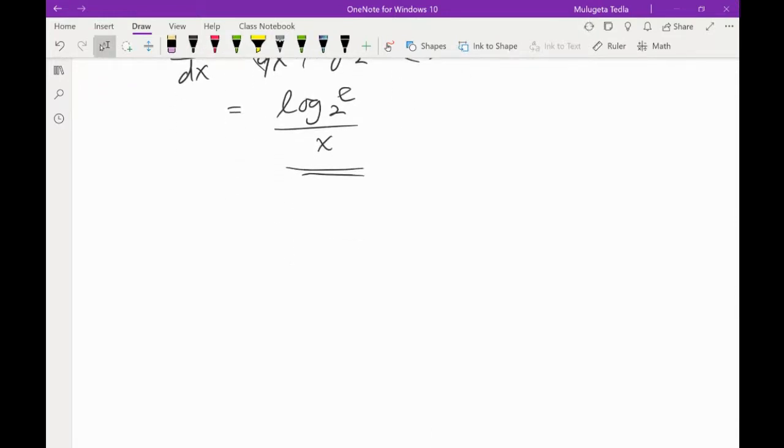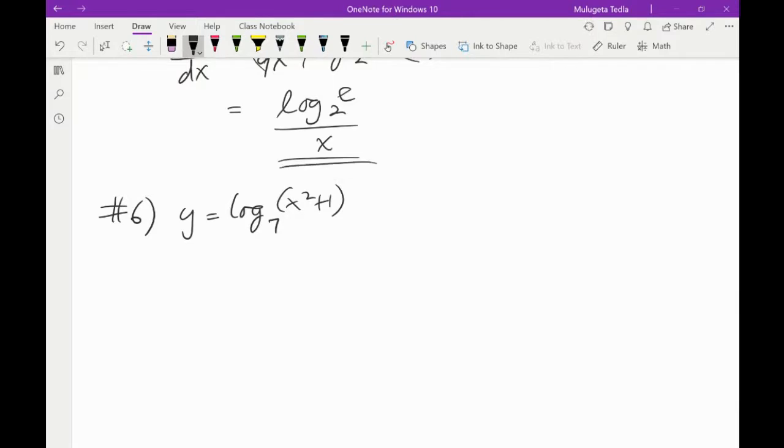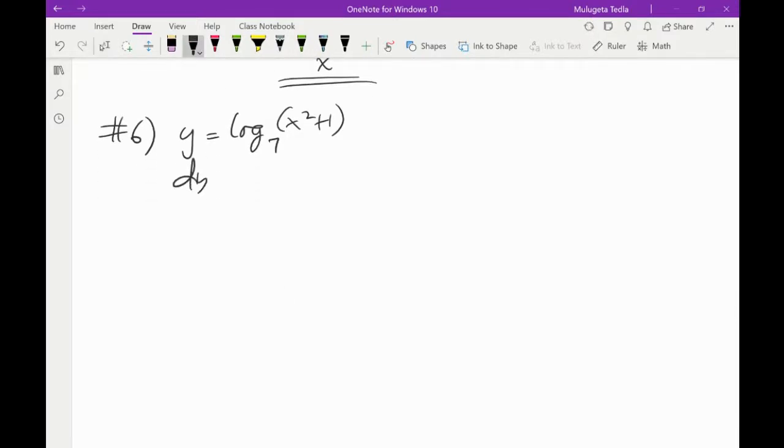All right, let's do number 6, one more of the logarithm. So y equals logarithm of x squared plus 1 to the base 7. That's how I read it. The base 7 is not something you change. It's part of the function. So dy by dx again is